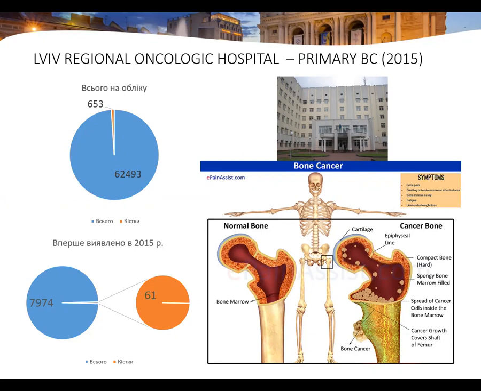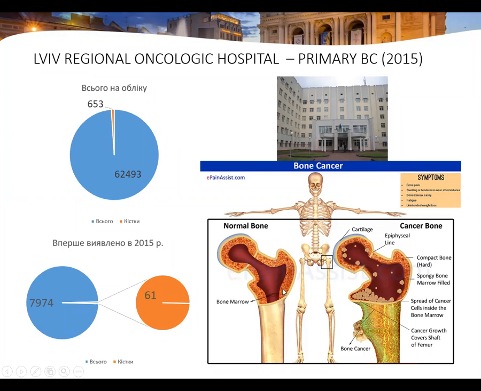Lviv region, among almost 8,000 newly detected different cancers. So it's a relatively small population, but still we understand that it's a lethal pathology and should be detected as early as possible. On this slide, we can see what the normal bone looks like, the proximal